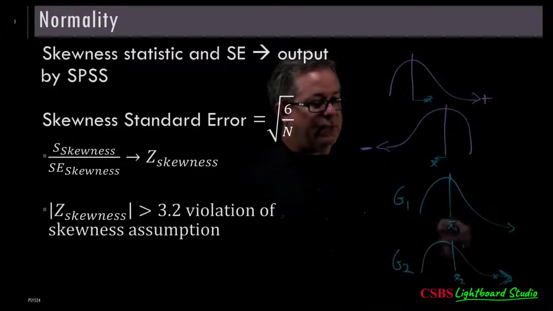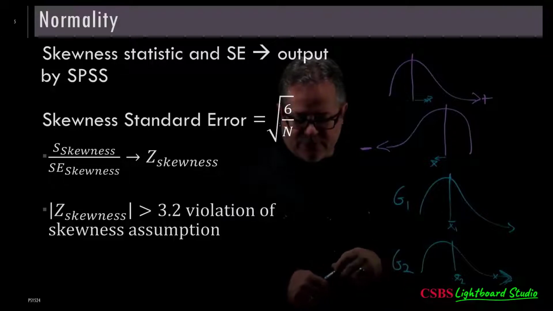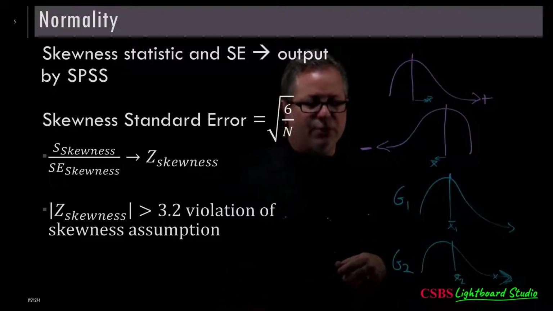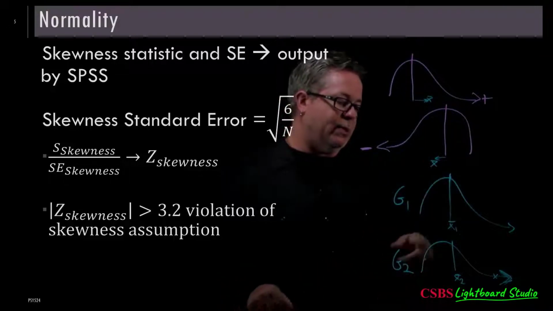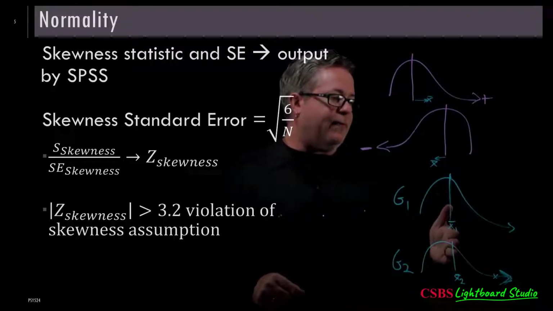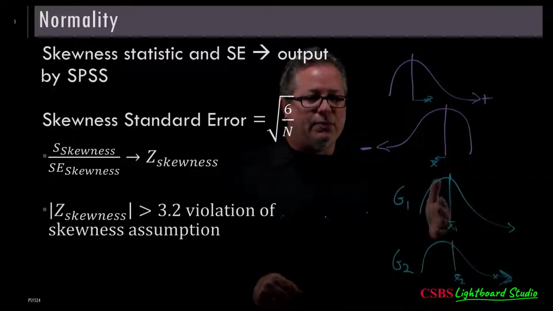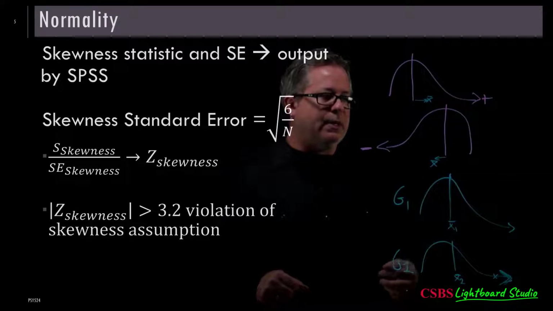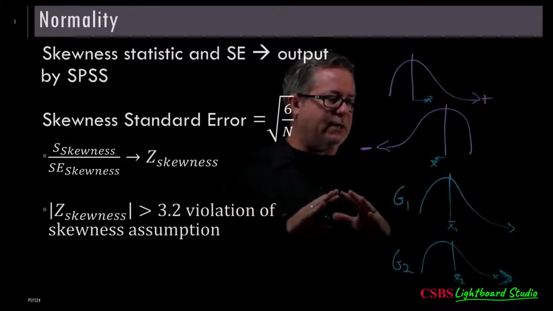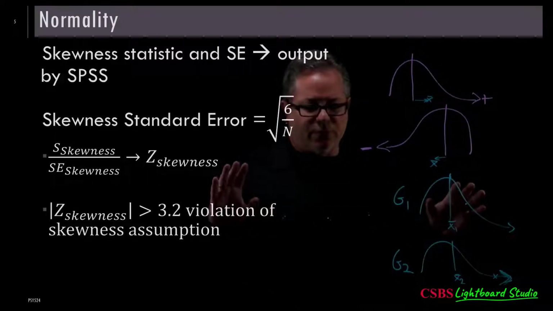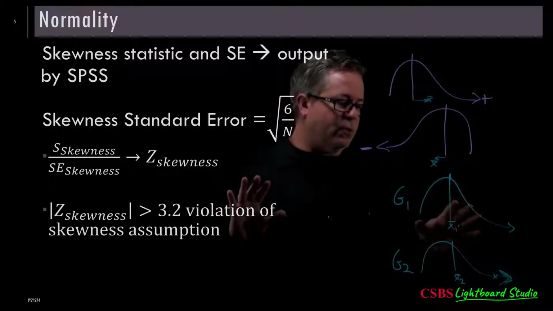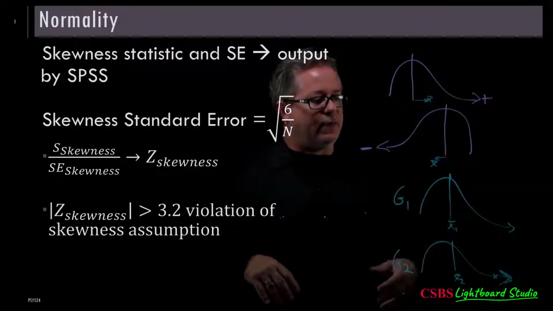Sometimes skewness can be a problem, but it also can be washed out by the fact that it's going to affect the groups the same. So it's not this all-encompassing, oh, you have skewness, you're screwed kind of a thing. There's some more things you have to think about and look at,